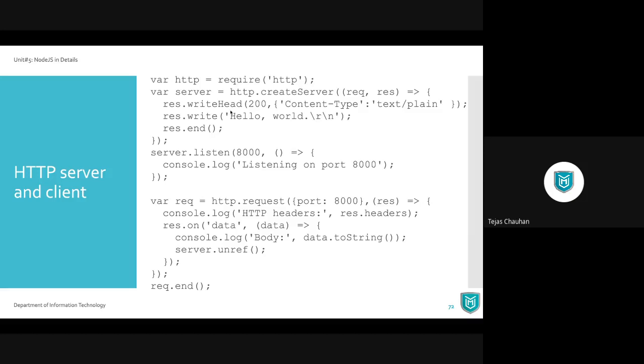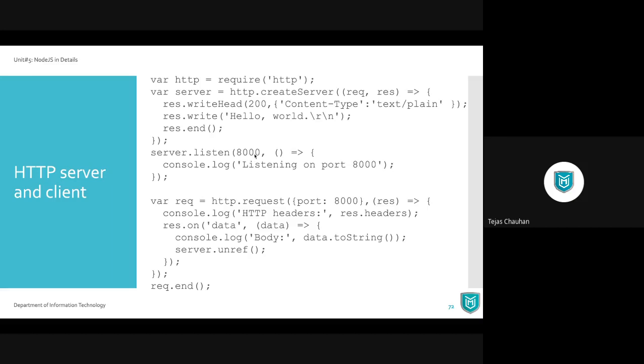Once you have that module, use that module and create your server. Now, when you create HTTP server, it is going to have a callback method. In that callback method, you will have request and response objects. Once that server has been created, you have that server object. Using that server object, you listen continuously on a particular port.